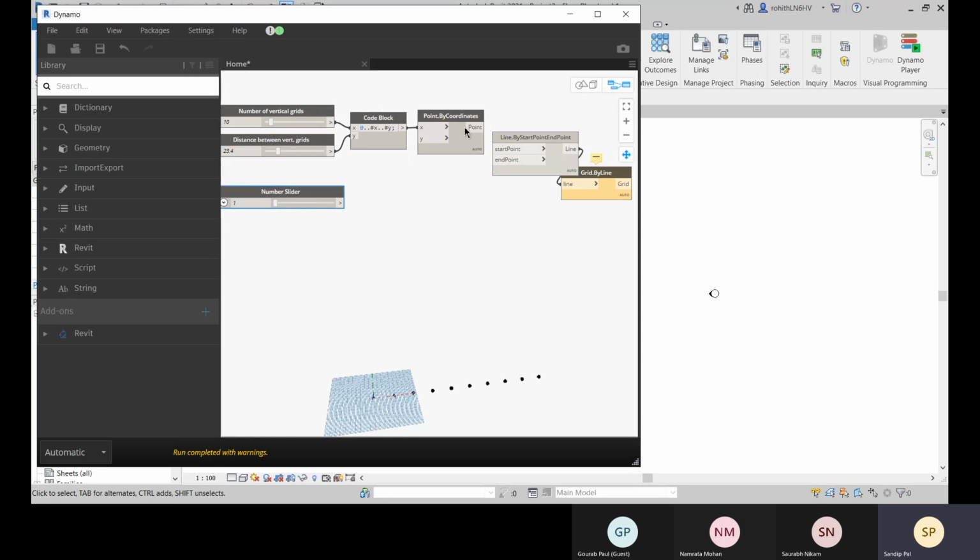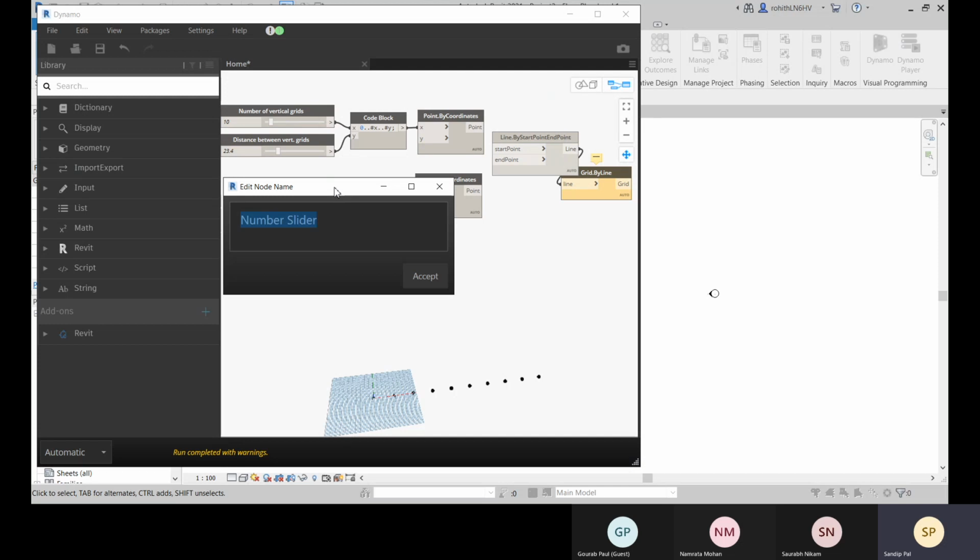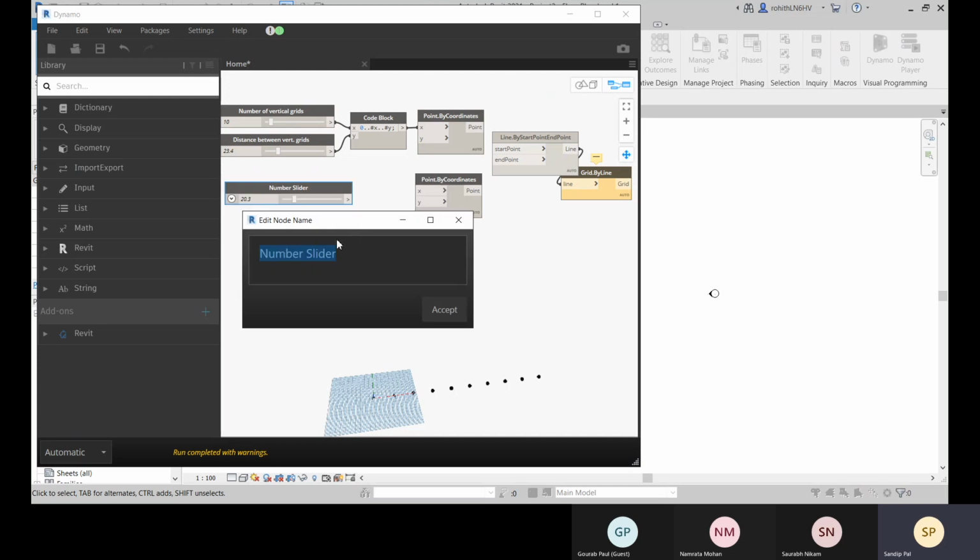Okay. So for that I need another point. I need to create another point. So I will go for, let's copy this, Control C, Control V, and make it run to this. We go for number sliders, name it. I didn't name it. Okay, sorry.